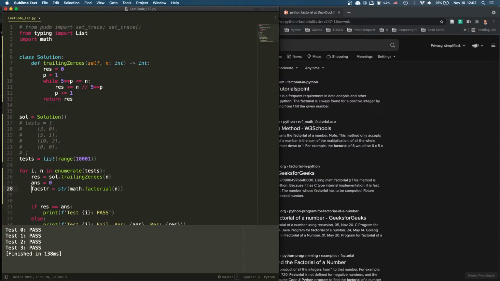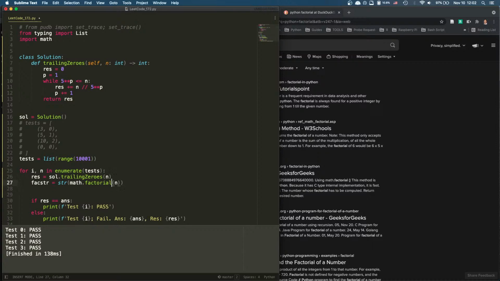We're gonna say fact str.rstrip, right? We're gonna strip out the 0, and after that we're gonna just say len of this, right? And we'll say len of factorial str minus len of this. That's gonna be our answer,